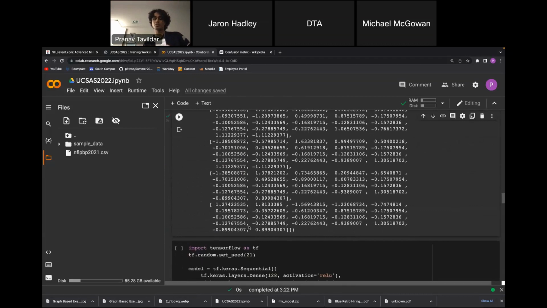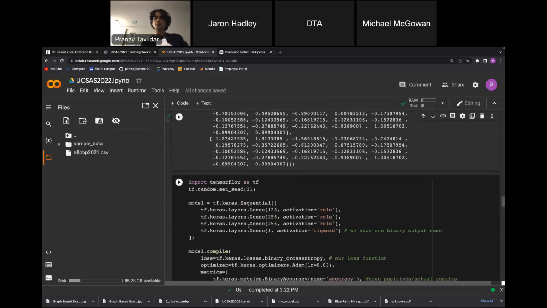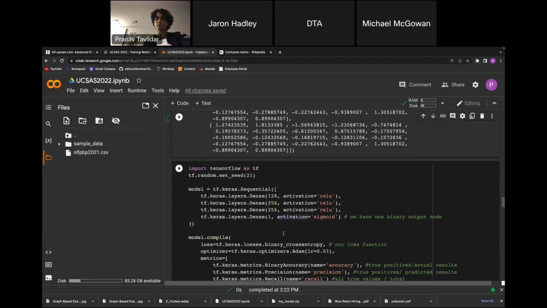Now we're going to create our neural network. This is a bit arbitrary, but we have some things that are decided beforehand. A sigmoid function is a specific type of activation function which is logistic, in the sense that you can get a 1 or a 0. So this will be our output layer, and it will give a binary output. We also have ReLU, which is a very popular function for the layers in between, so it's just going to do some computations on that end. And we have one binary output node.